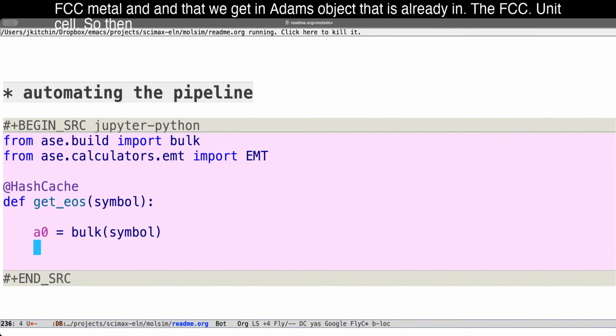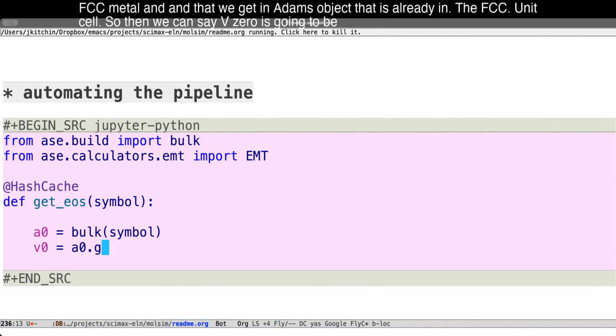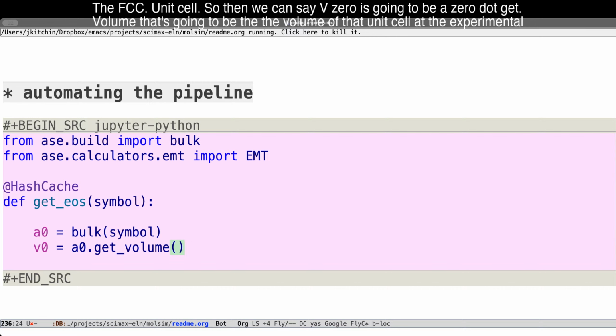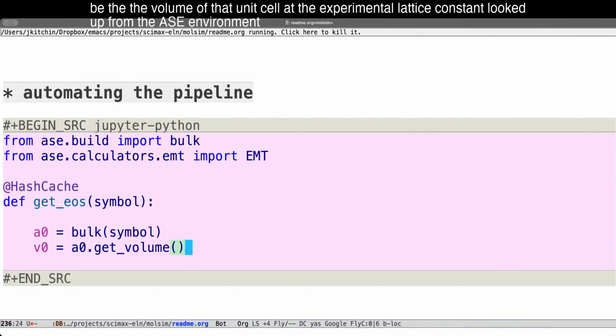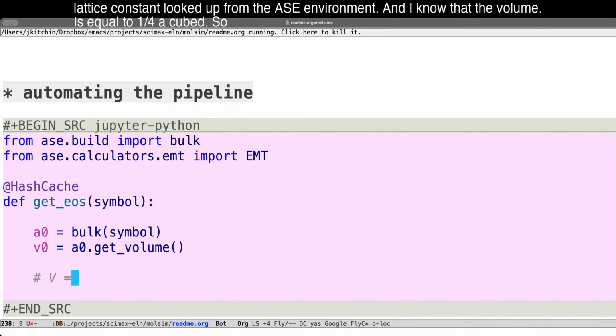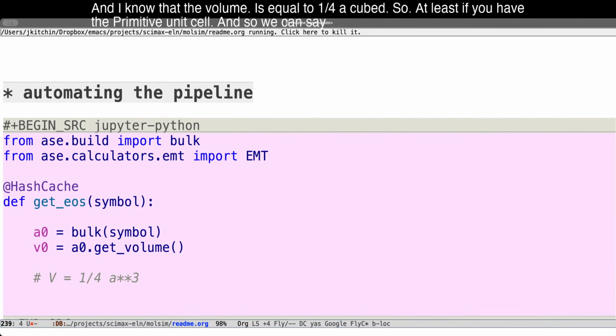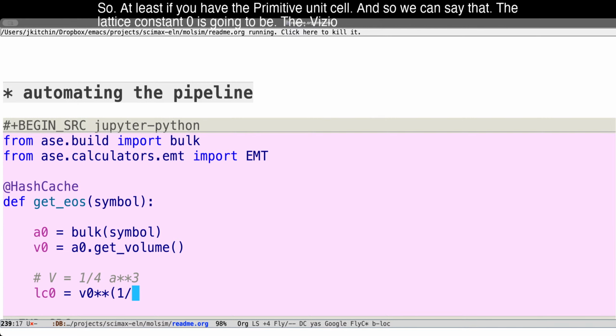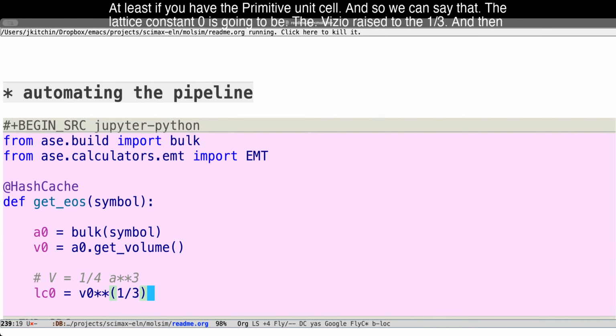So then we can say V0 is going to be A0.get_volume. That's going to be the volume of that unit cell at the experimental lattice constant looked up from the ASE environment. And I know that the volume is equal to 1/4 a cubed, at least if you have the primitive unit cell. And so we can say that the lattice constant LC0 is going to be V0 raised to the 1/3, and then we multiply that by 4,